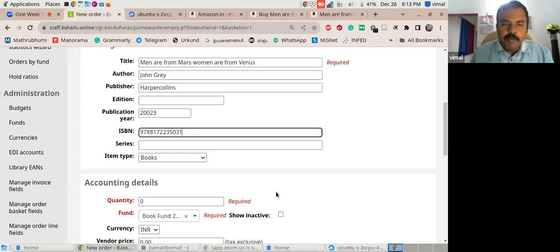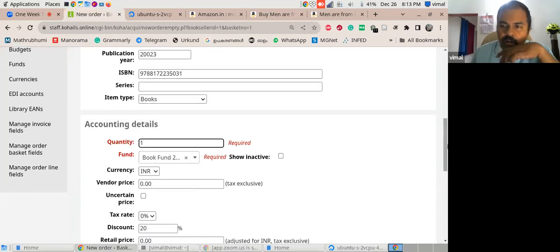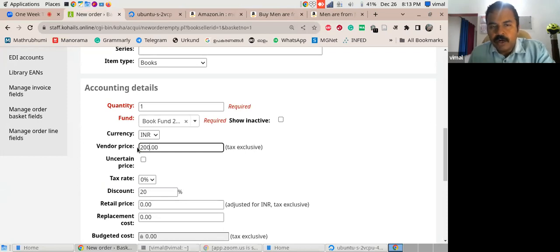Then item type, book. Quantity, how much we want, one copy. Then from which fund we have to spend. Click on book fund, currency INR, vendor price, for example, 200,